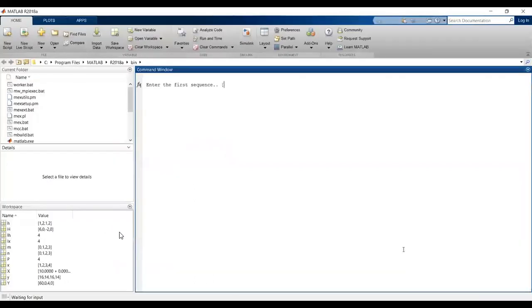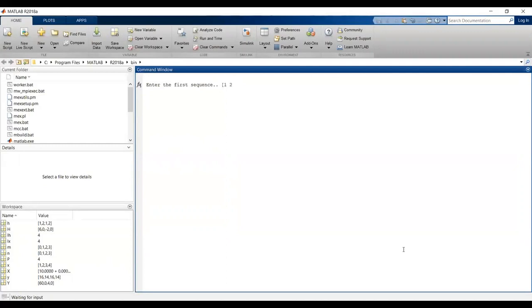We have to pass the input. Here we have taken 2 inputs. One is 1, 2, 3, 4. Another input is 1, 2, 1, 2. In a few instructions, there is no semicolon. Those statements will be directly displayed in the command window. If you want to hide some output from the command window, then at every statement you can place the semicolon. The semicolon is used to hide the output from the command window.